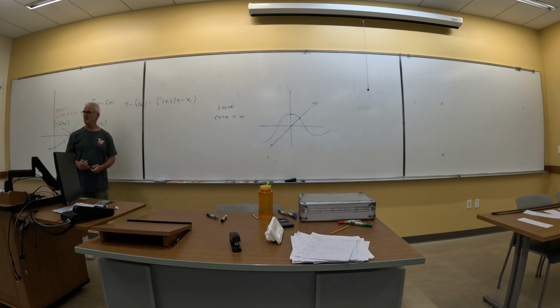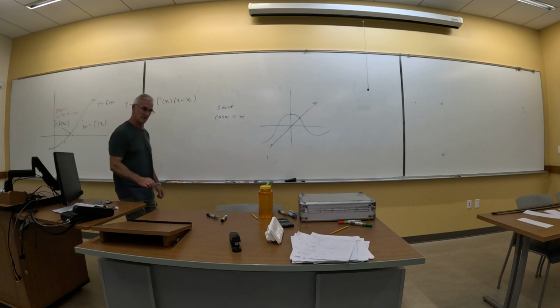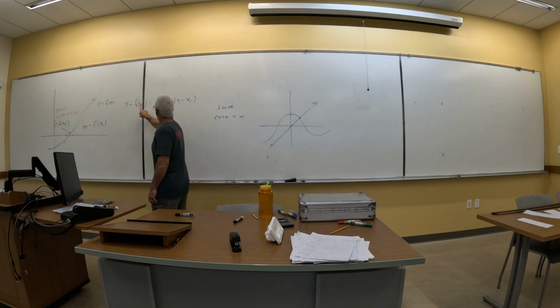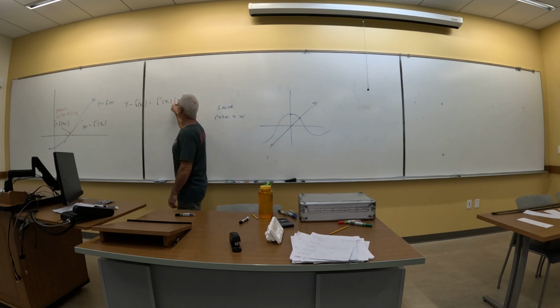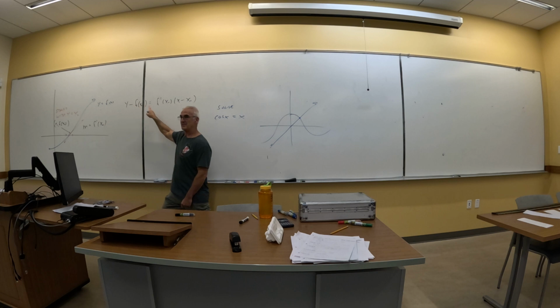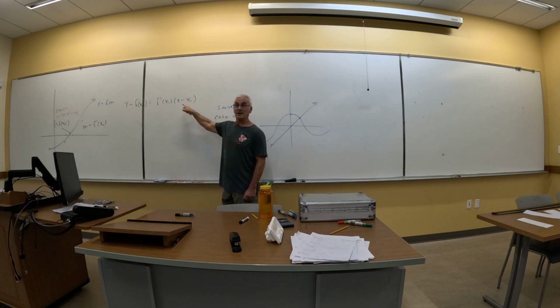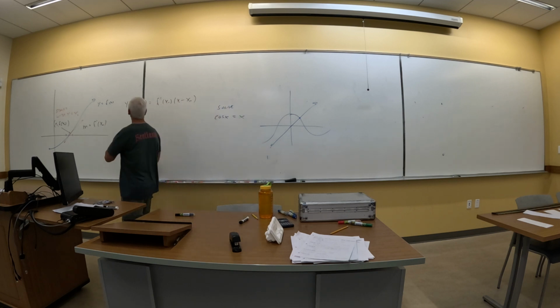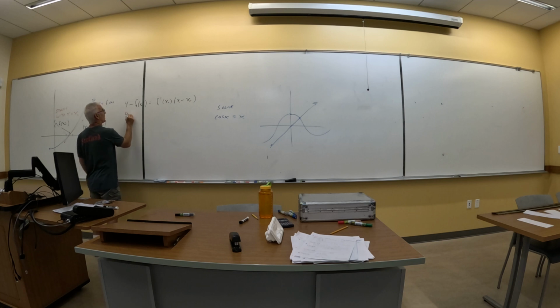Everybody agree with that? When y is 0, it crosses the x-axis. That's a constant, that's a constant, that's a constant. That's a variable, but I'm going to choose y equals 0 and then figure out what's the value that I will get for x. And that's going to be my next iteration. So if I replace y with 0,